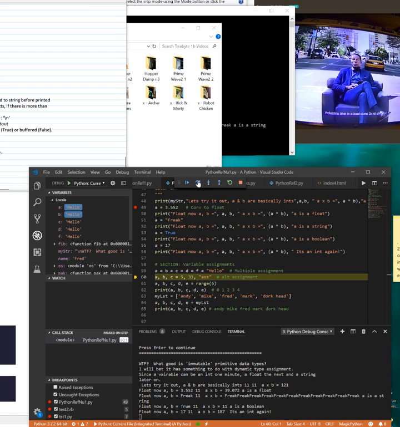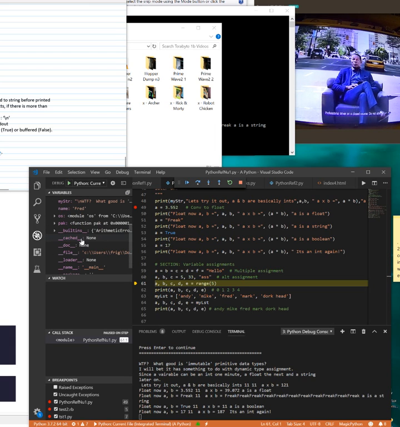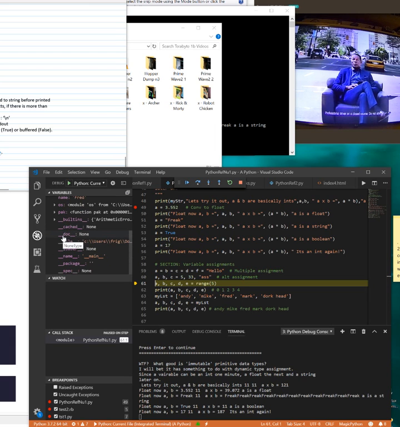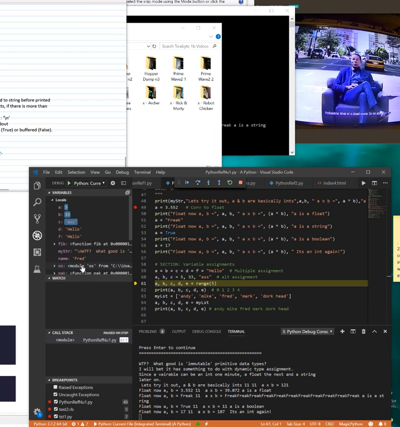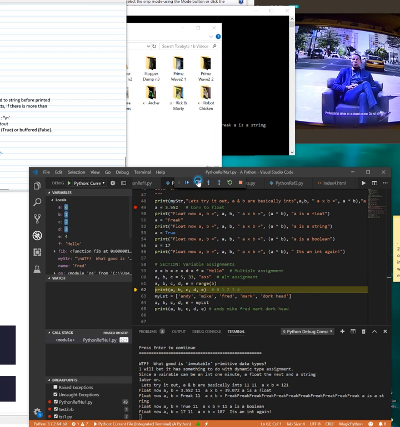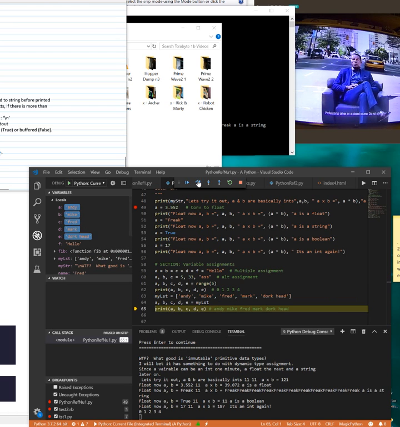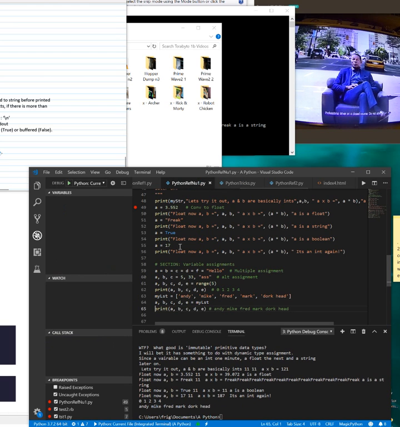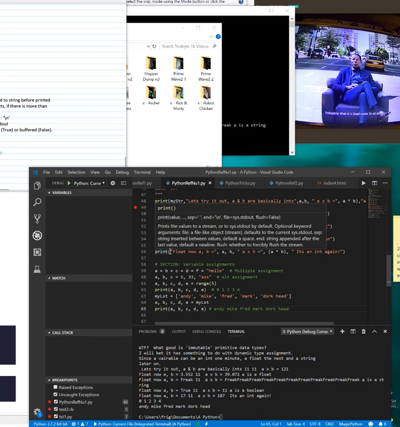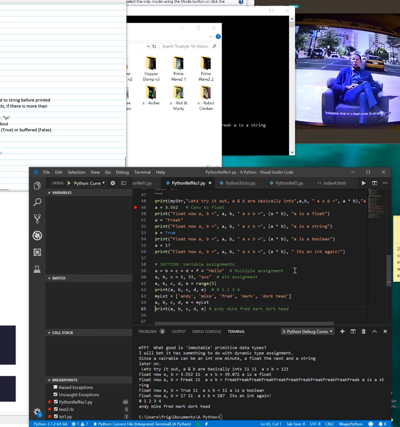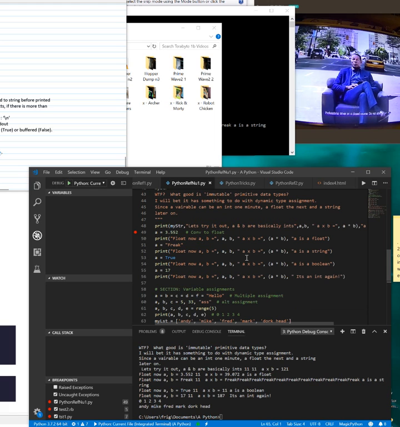Like I said, that's kind of cool. I thought that was just a nice feature. It's handy dandy. It's an automatic watch, if you will. So you can watch local variables and I guess these other features too. This is interesting. But at any rate, I just thought I would show you how this worked and why it's cool. It's actually a pretty cool little editor. I can see why Visual Studio Code is becoming pretty popular out there. So, in any event,